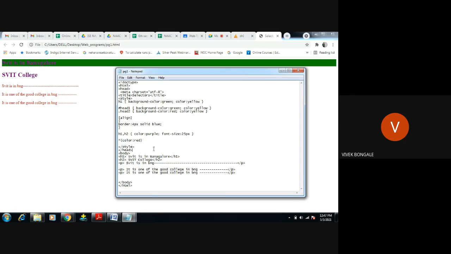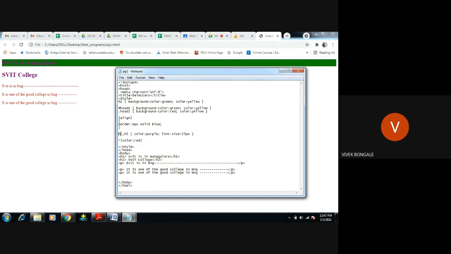Other than that, for the other tags which are not under any selector, it will use this CSS rule. This type of standard rule it will apply. That is the universal selector.